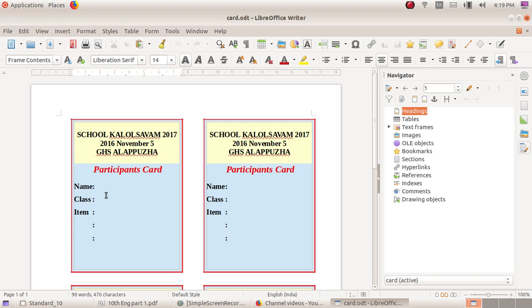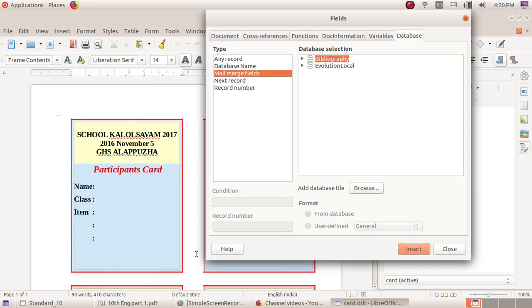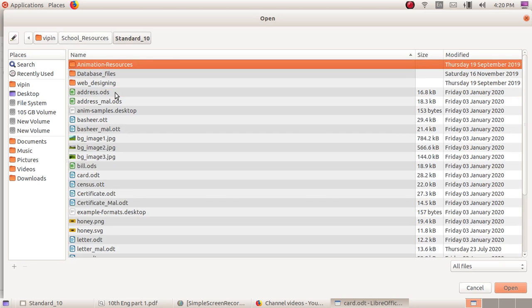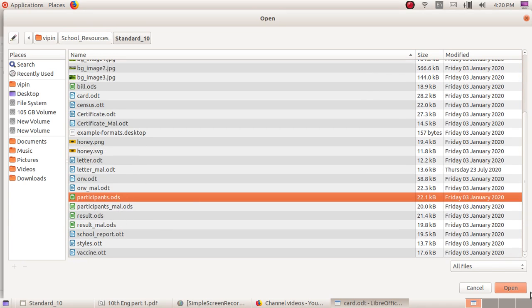That is important. Click the cursor on the first line, name, then go to the Insert menu, Field, More Fields, and click on Database, Mail Merge Fields. Then add the database file. Browse and go to the home folder, school resources, standard 10, participant.ods. That's your database file.